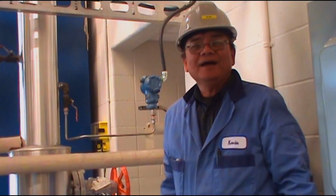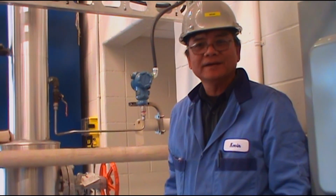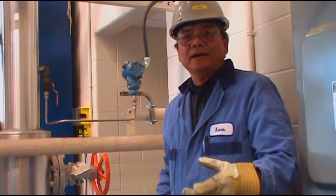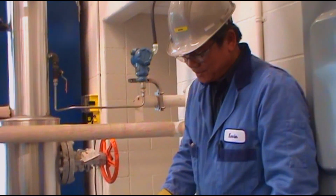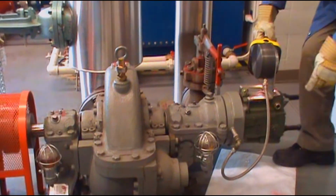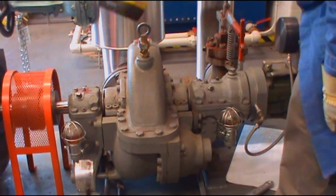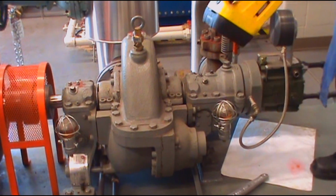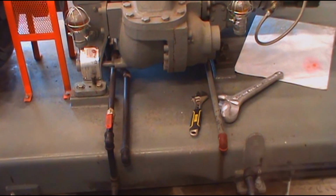Today I'm gonna show you how to start a steam turbine and put the load on. Before we start that, we have to put the auxiliary equipment on first. That means the condenser, the cooling tower, and water pump. Also, we have to make sure the oil and the governor are okay. The oil for the bearing is okay, and also the drain of the turbine has to be open to let